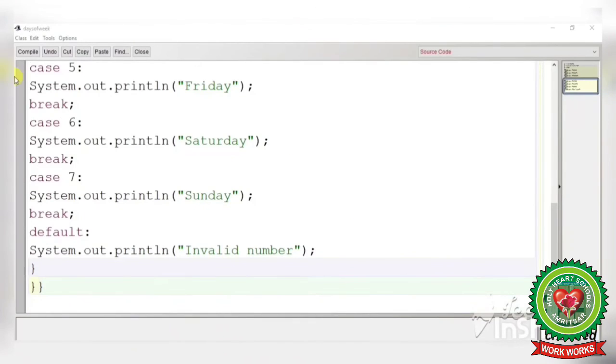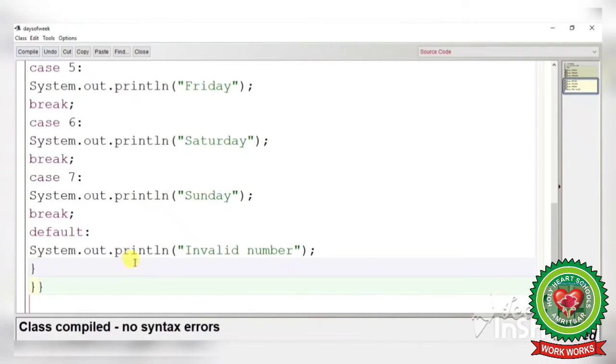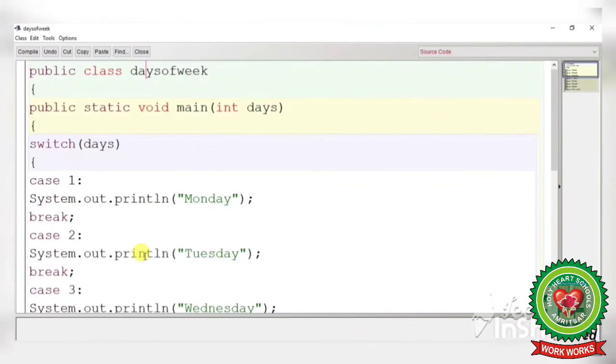Now compile your program. No syntax error is there. Let's see from the top of the program. Here we have taken one variable, that is days. If you will enter number 1, its output Monday will be displayed on the screen. If you will enter 2, then Tuesday will be displayed, and 3, then Wednesday, and so on till 7.